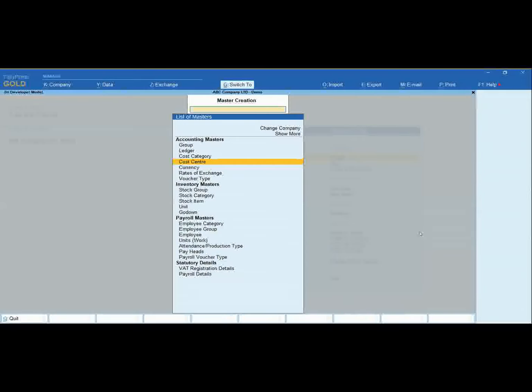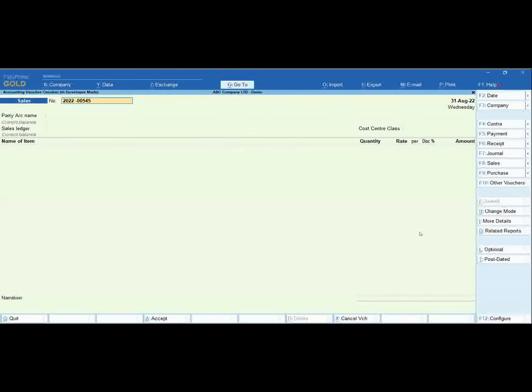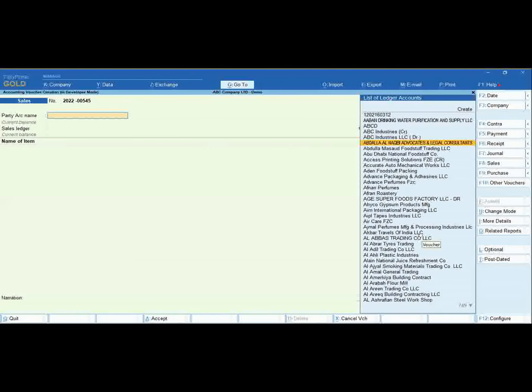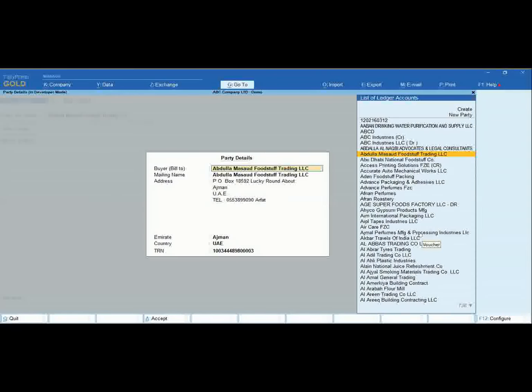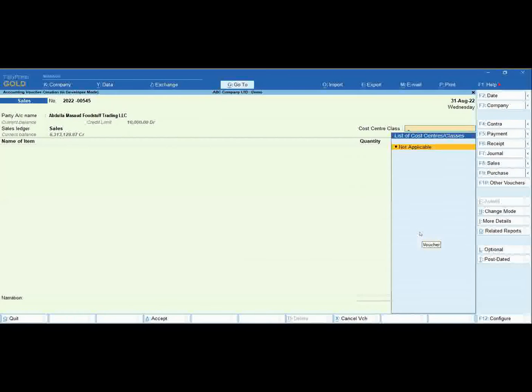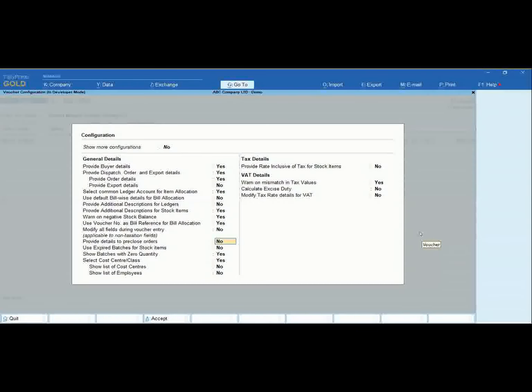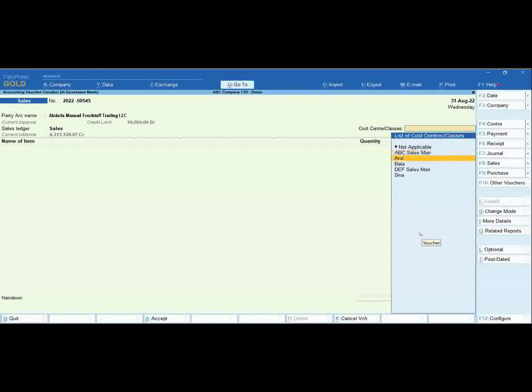I'm selecting one salesman. So at the time of entry, I have to give the salesman manually on every entry. Once you select this particular salesman, then